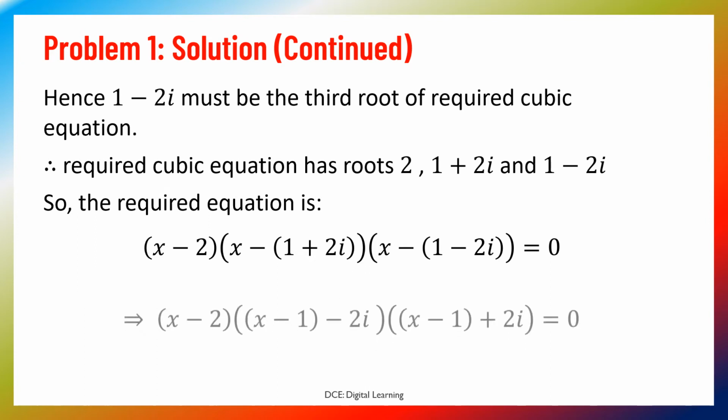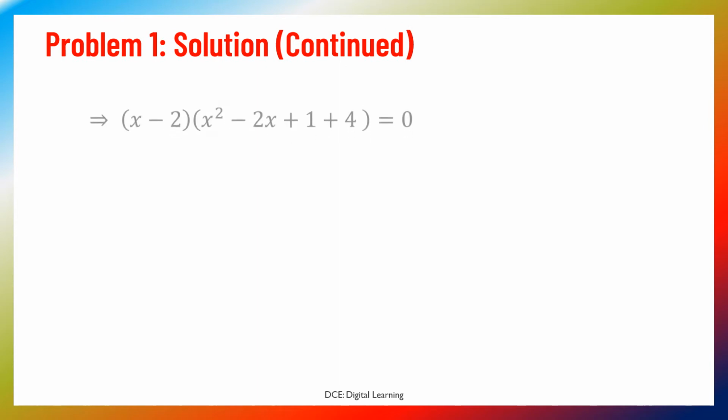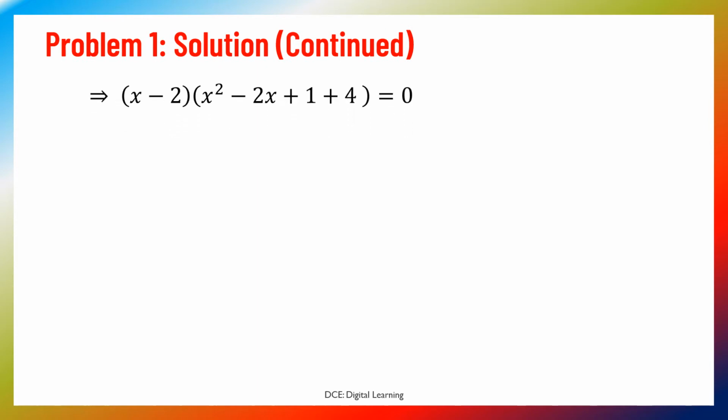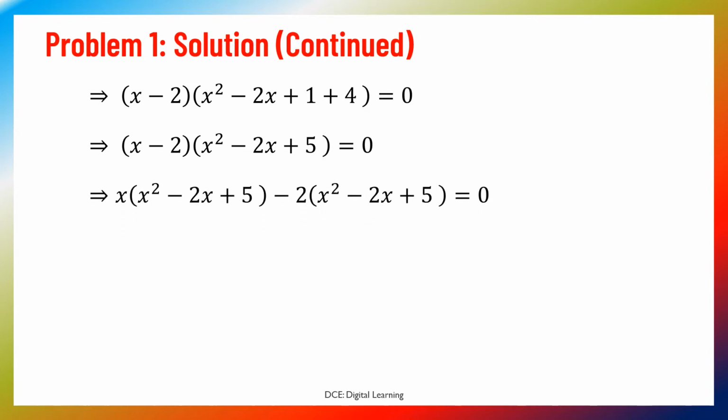equals 0, which implies x minus 2 into x minus 1 minus 2i into x minus 1 plus 2i equals 0, which implies x minus 2 into x minus 1 whole square plus 4 equals 0. Which implies x minus 2 into x square minus 2x plus 1 plus 4 equals 0, which implies x minus 2 into x square minus 2x plus 5 equals 0, which implies x into x square minus 2x plus 5